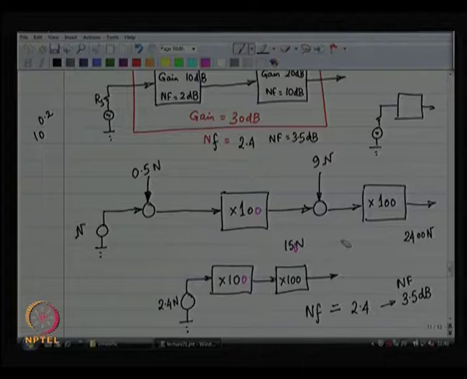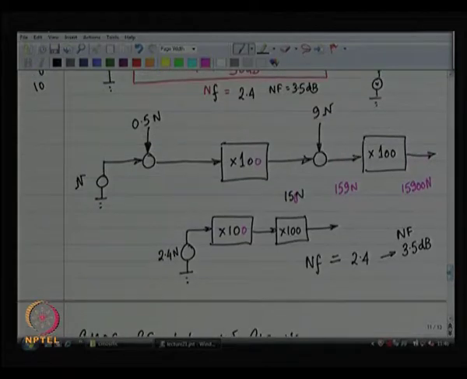So, as a result I would get 159 N over here, and I would get 15900 N over there, and that would be equivalent to 1.59 times N into 100 into 100. So, my noise factor would then reduce to 1.59,